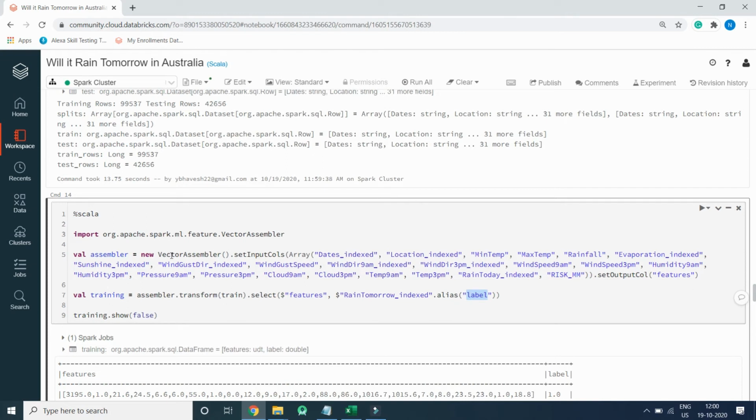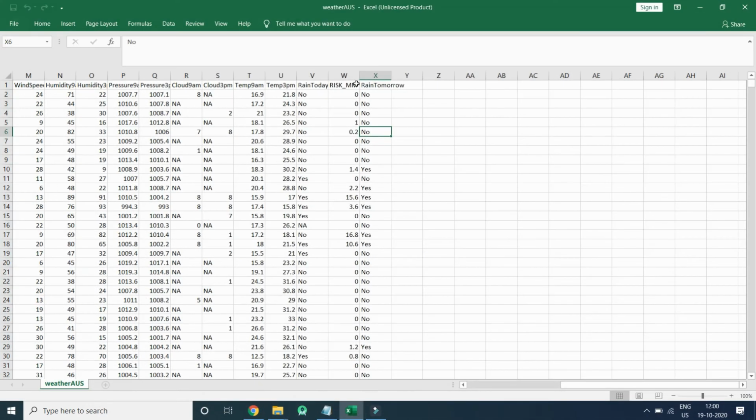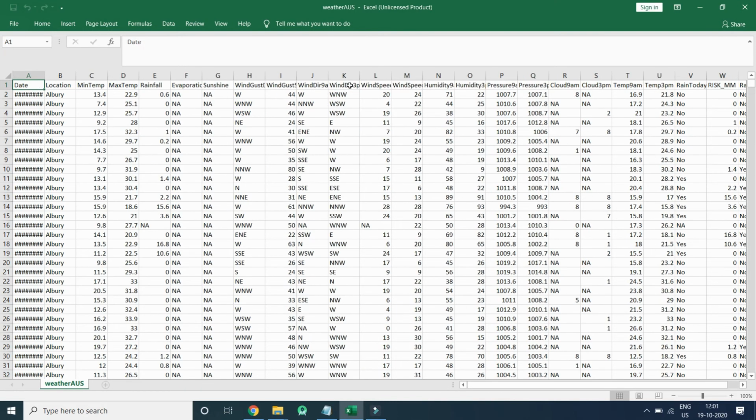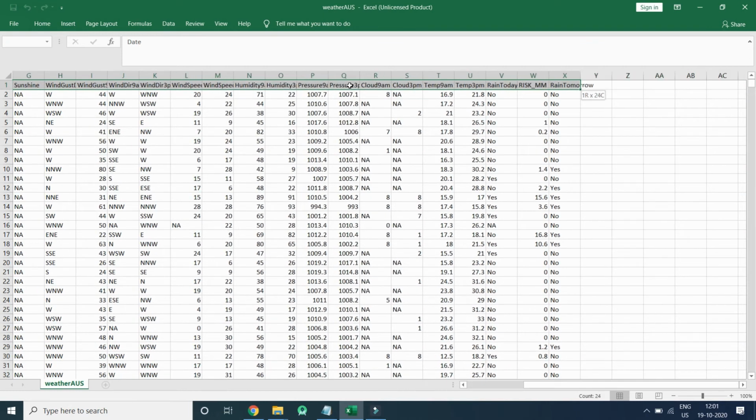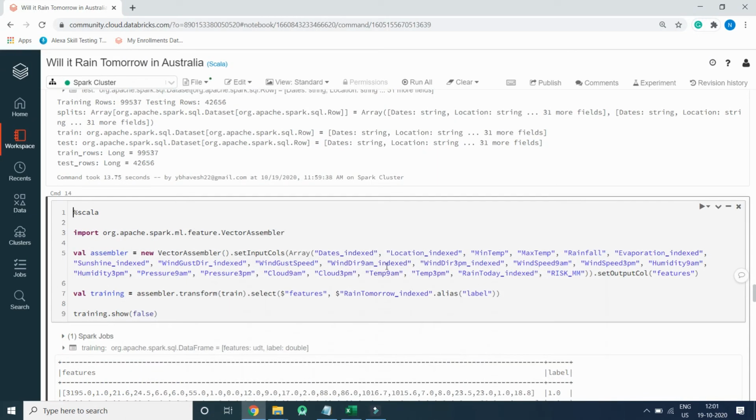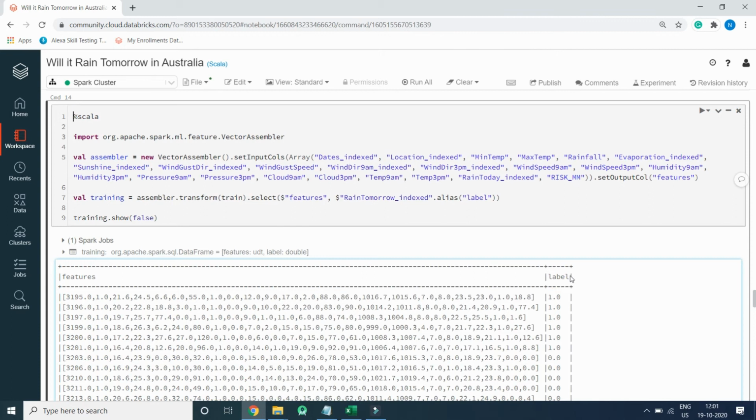So in vector assembler, we will set input column as array of all the numerical columns such as date index, location index, minimum temperature, maximum temperature, rainfall, evaporation index, all the columns of the record except rain tomorrow. So this whole will be clubbed together. Whole will be treated as one record of feature. It will be named as column feature and labeled as index.